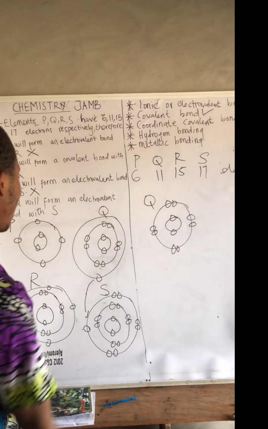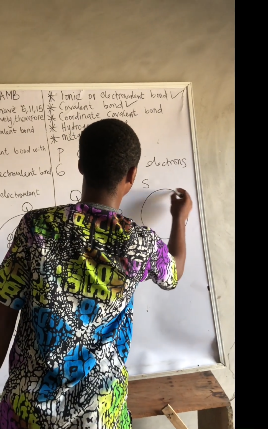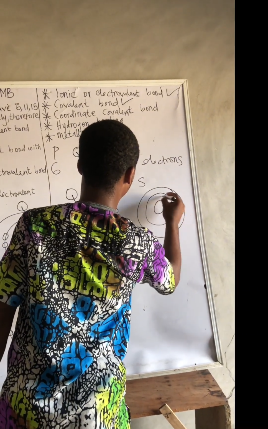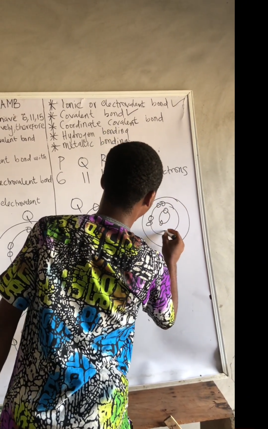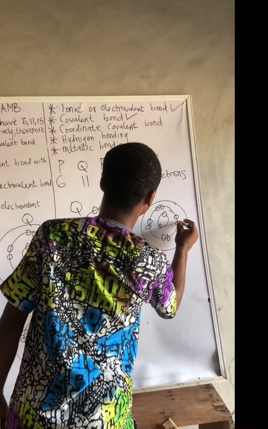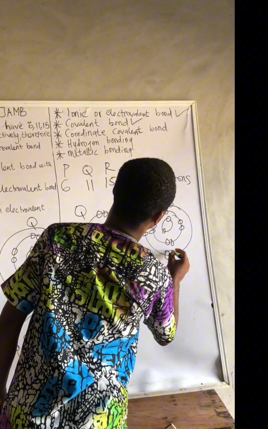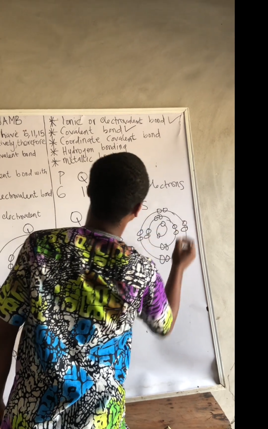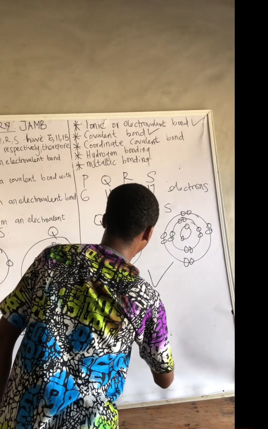This is already stable. And also S, we have this type of structure after getting 1 electron from Q. So Q will completely transfer 1 electron to S,